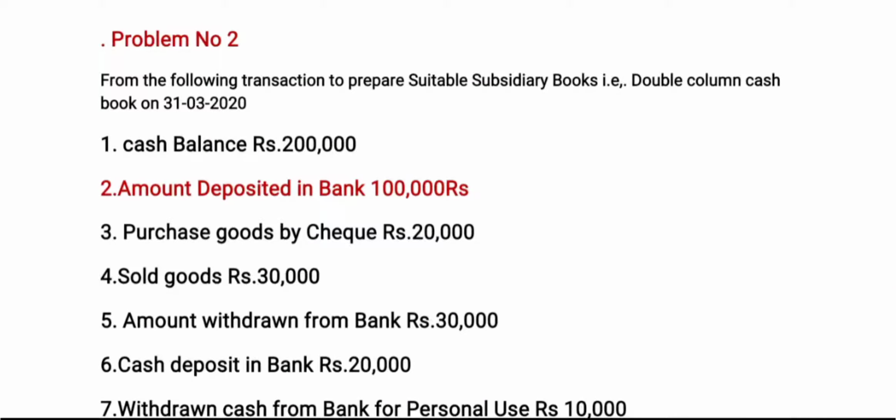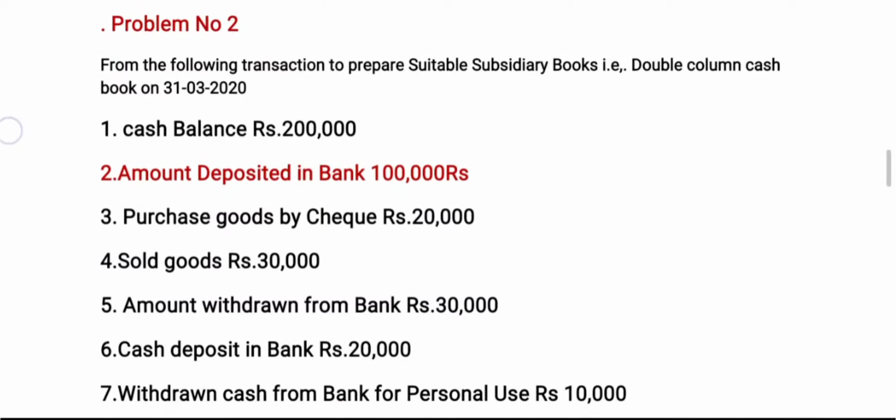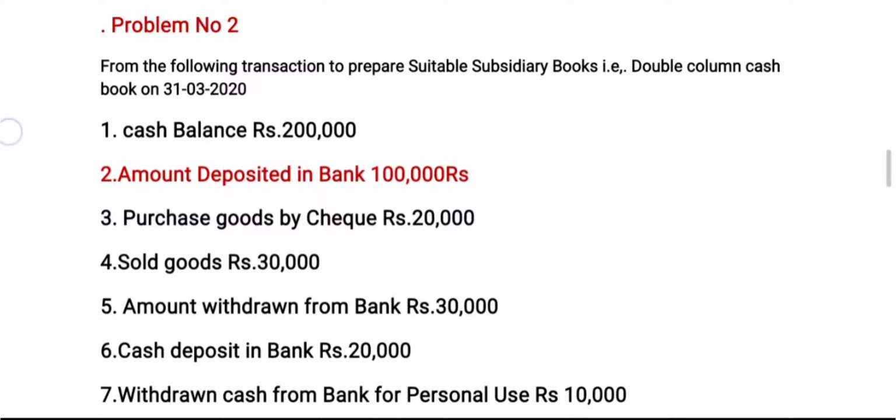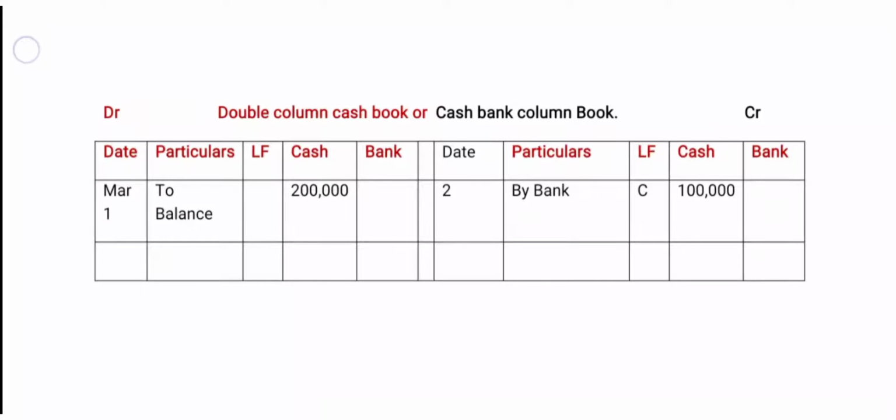We have already discussed these related transactions. Cash deposited in bank is a contra entry. It is affected on both sides, the debit side and the credit side. Here the amount is going out of the business, that's why cash account is credit, bank account is debit. First we go to the credit side of the cash book. Cash is going out of the business, that's why we credit that 1 lakh amount in the cash account.